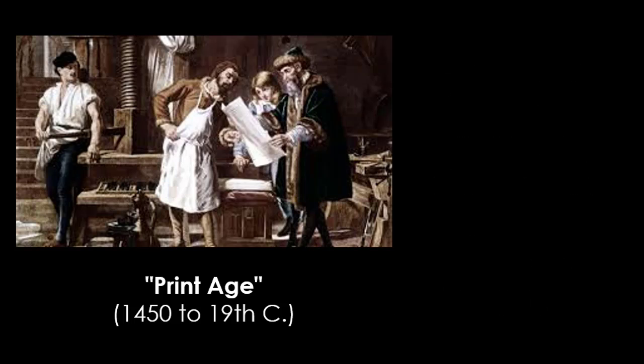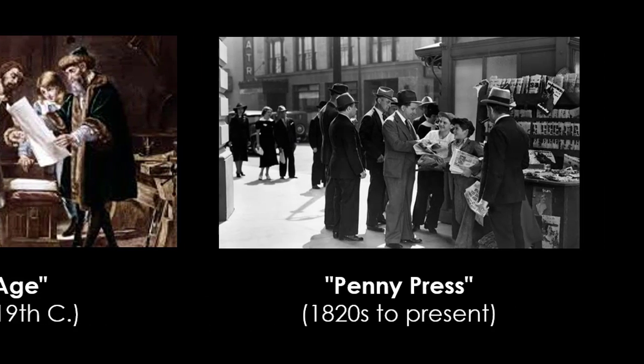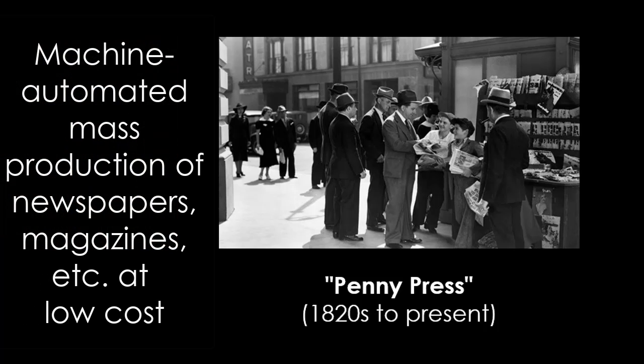Now, we still haven't gotten to the real explosive potential of mass media yet until we move forward to the 19th century and the development of machine-generated mass producing of published texts. This is where we get into newspapers becoming something that is literally accessible to anyone. The penny press is a phrase that actually gets coined in the early 1830s as newspapers start to realize that they can publish papers in mass quantities very inexpensively. And if you charge just 1 penny for someone to buy a newspaper, this means that they can sell a heck of a lot more.